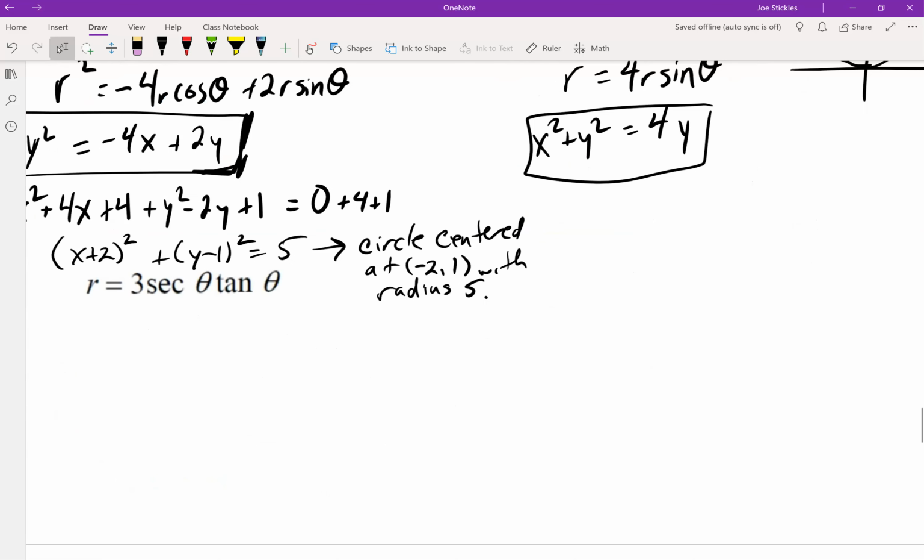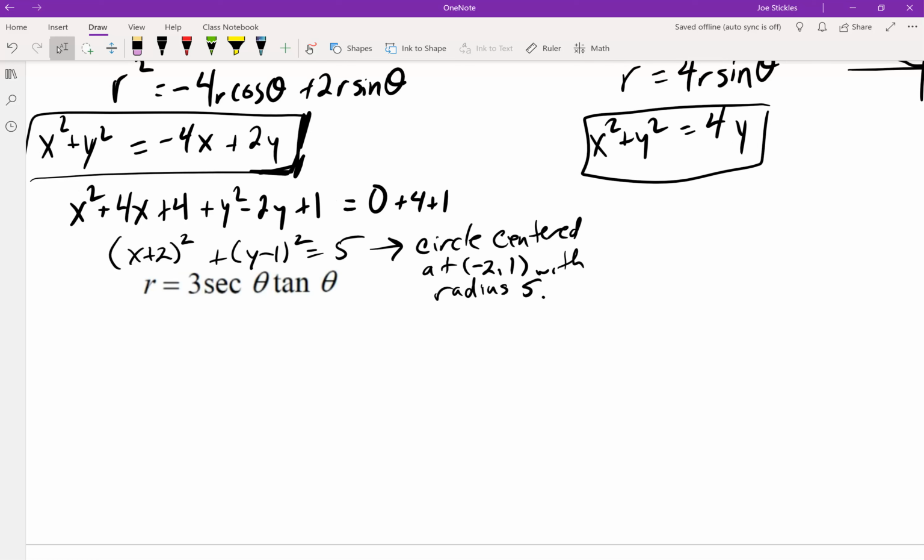All right, last one. r equals 3 secant theta tangent theta. Again, really want to get an r squared if I can. But again, I don't want to square both sides because I would get a secant squared, a tangent squared. That's not helpful. I don't have conversion formulas for those. So again, let's get an r squared by multiplying both sides by r. Okay, that didn't seem to help a lot, but before I do anything else, let's just do some playing around